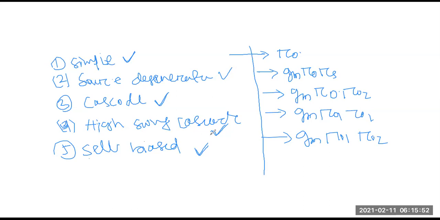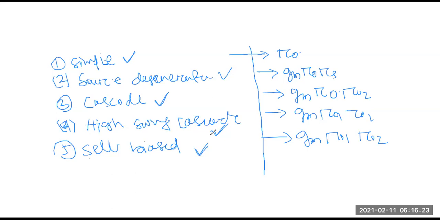You can implement these in a commercial tool or in NGSpice also, and check how the output current varies with VDS. You will change the VDS in the simple current mirror and the cascode current mirror, and it will change. You can definitely see how the cascode current mirror is better than the simple current mirror. Okay, so these things you can check.